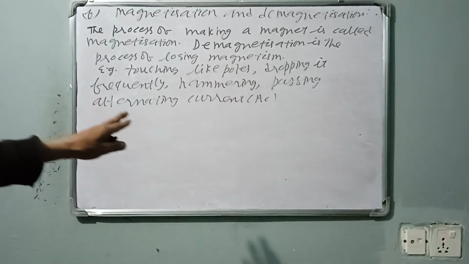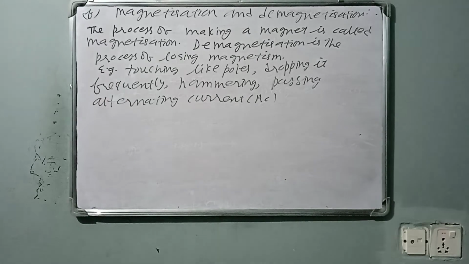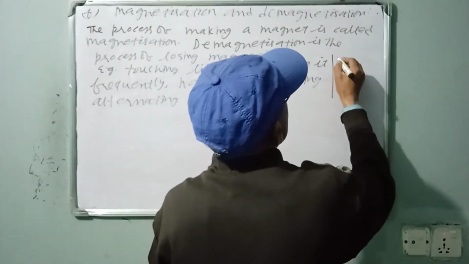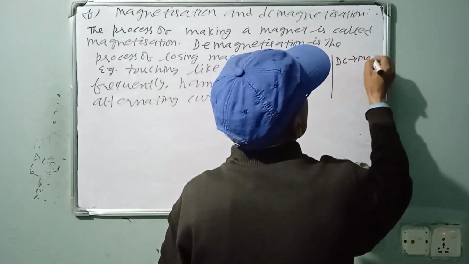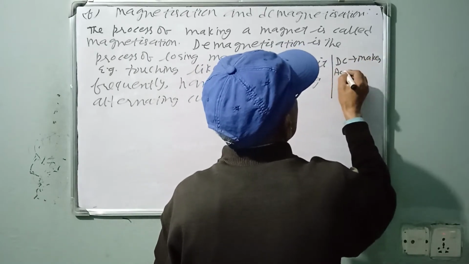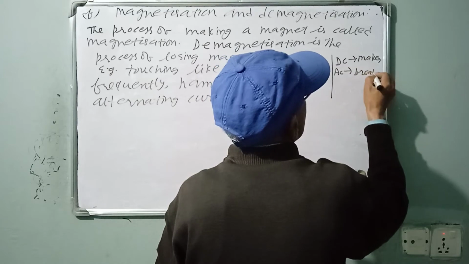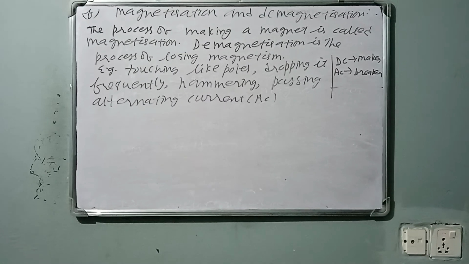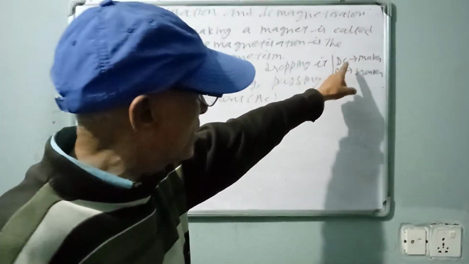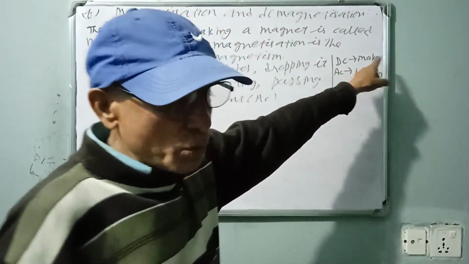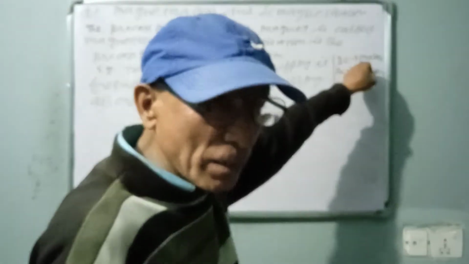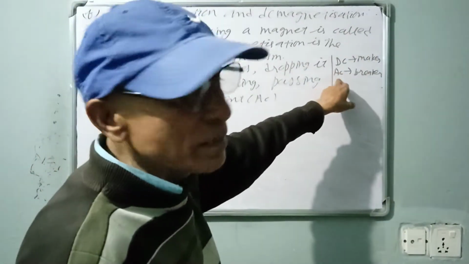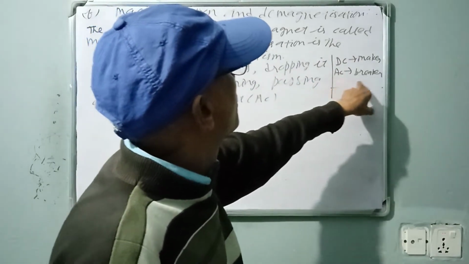One thing, passing alternating current loses the magnetism. DC maker, AC breaker. What is the meaning? DC maker and AC breaker means if you pass direct current to any solenoid or any iron particle or any magnetic material, it becomes a magnet. If you pass alternating current to any magnetism,